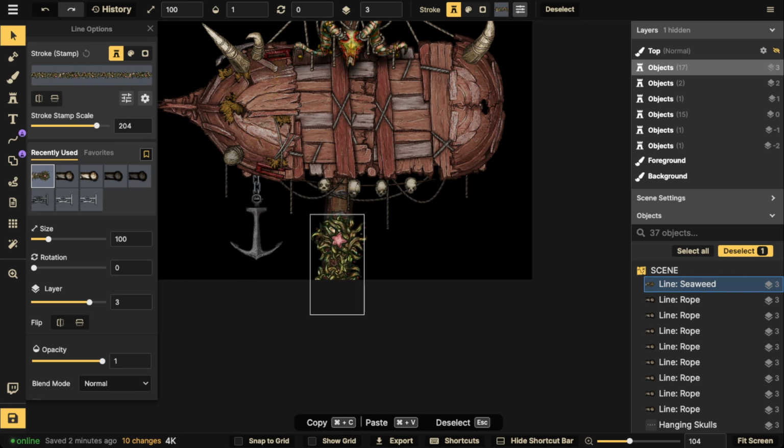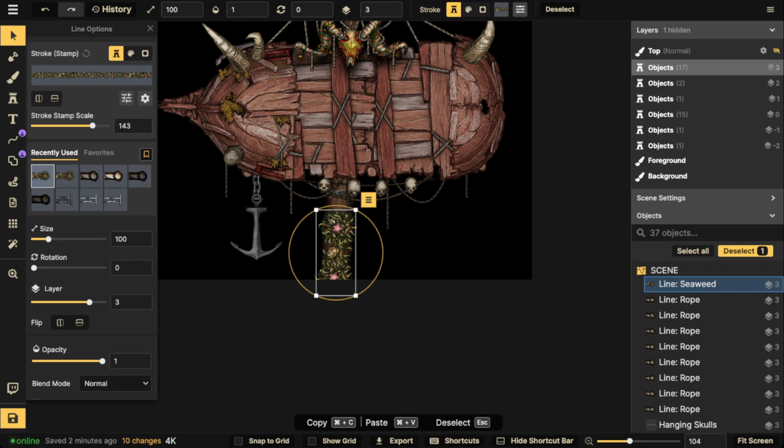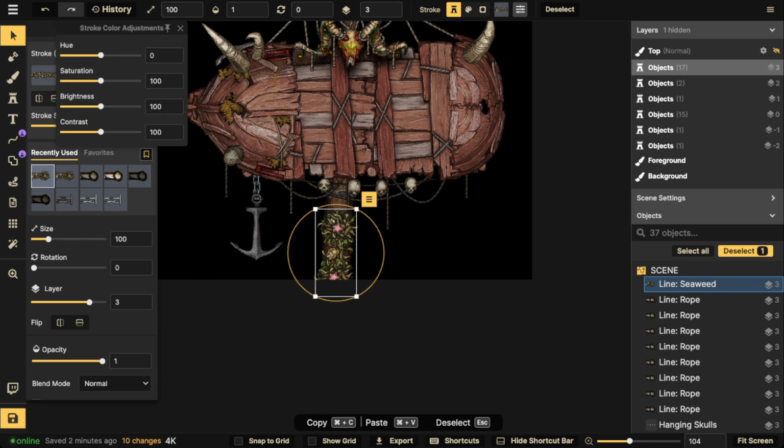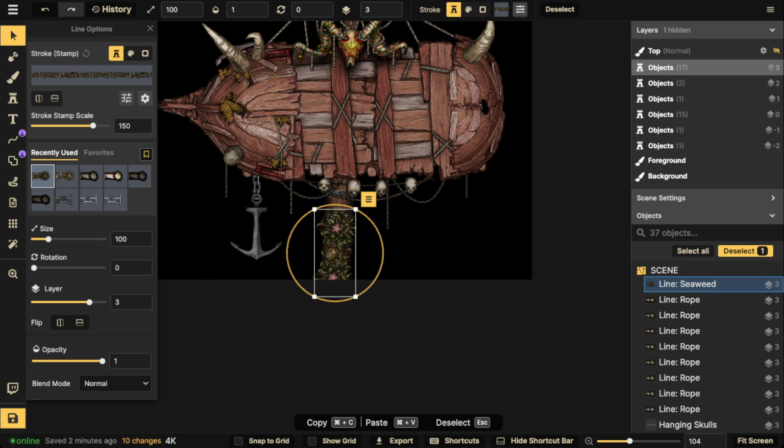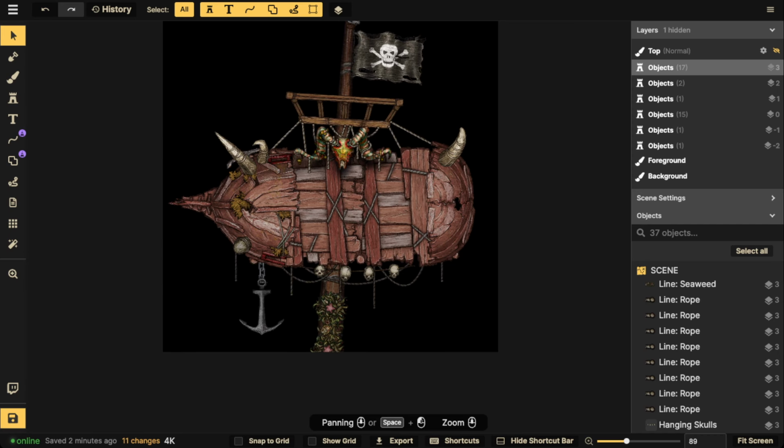Ooh, that is a lot. But you know what? It might look good at the base of it. And we can bring the scale down just a little bit. I don't want too much repetitive artifacts, so I should be careful with it. Let's also bring the brightness down. It's a little too bright. There we go. And that will kind of break the monotony of the mast, because the mast all looks the